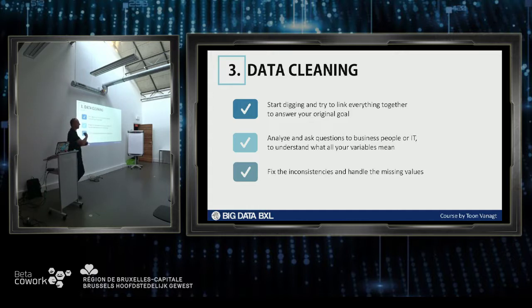So I can put on an address sign, on a person sign, on a business a factory logo, so that when I go around my graph model, I can see the type of links between the companies, the persons, and the addresses, to name just three main relations that are often used in business graph models. Analyze and ask questions to the business or IT to understand what those variables mean. Sometimes something has a label for historical reasons and it was then used or misused for other reasons, especially if it's old systems coming from the mainframe era that evolved.